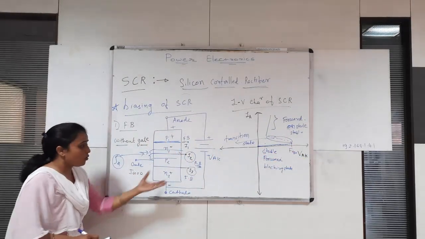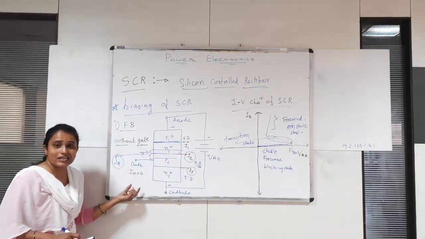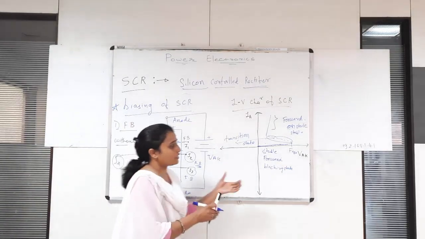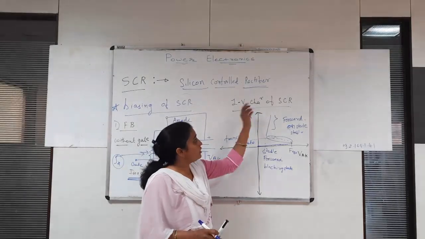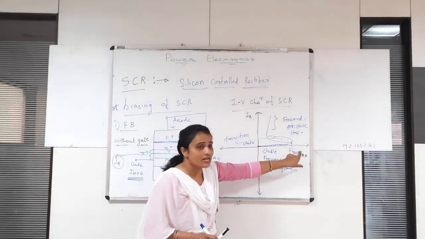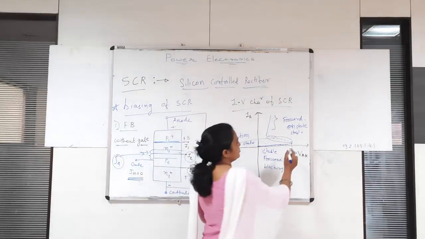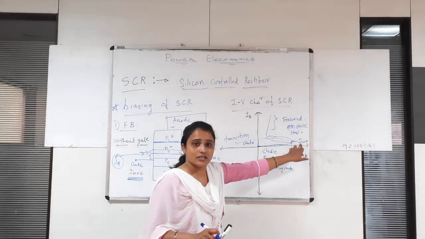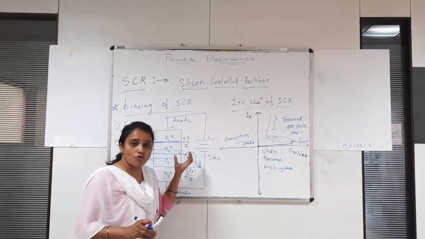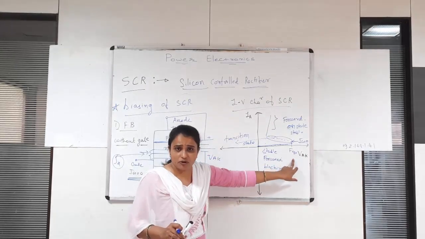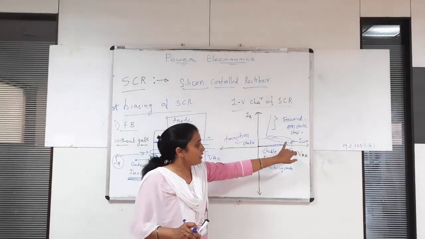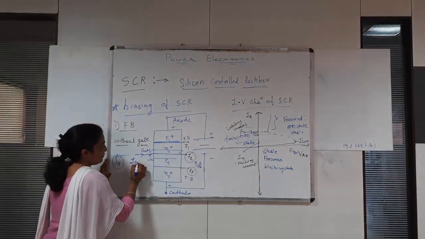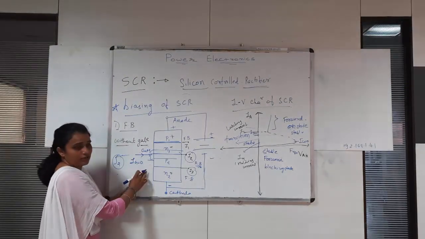And in this whole condition, we are not applying any current at the gate terminal. See here, this is Ig equal to 0. So these characteristics are only for when the SCR is working in forward bias with Ig equal to 0. So this is the characteristic of SCR with Ig equal to 0. It means the SCR has to wait up to the forward breakover voltage. After the breakover voltage, then and only then can the SCR turn on. So up till now we are not applying any Ig current, that means Ig is equal to 0.